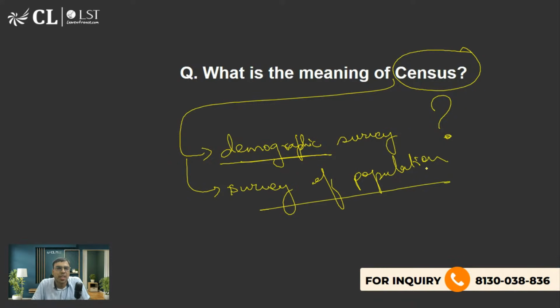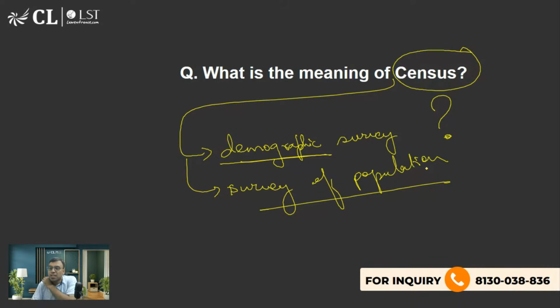Which includes the idea behind what the population of the country is, the literacy rate, the gender ratio, how many people of which religion, how many people of which caste, which state is the most populous state, which state is the least populous state. So these are the ideas behind this. Sometimes the child fertility rate is also there, like I would say total fertility rate. Population count is one idea, but there are things related with population count, है ना? Literacy वगैरह सब आ जाती है उसमें, gender ratio, है ना? So that is the idea behind census.